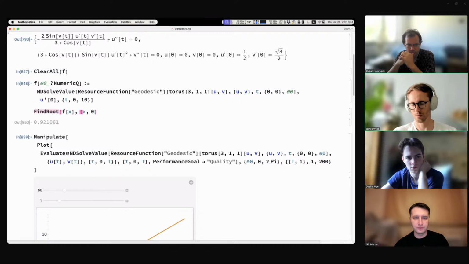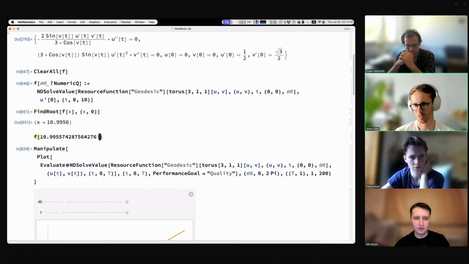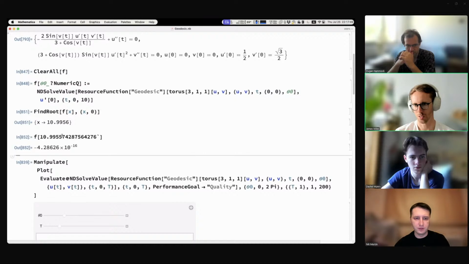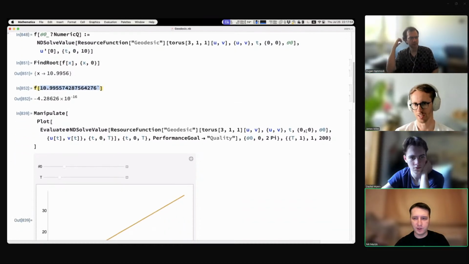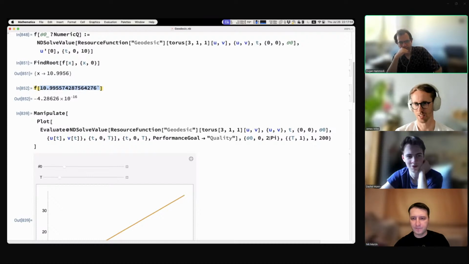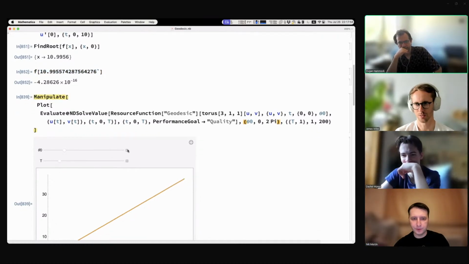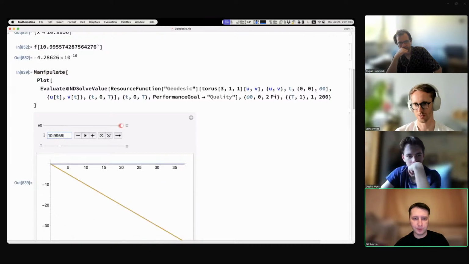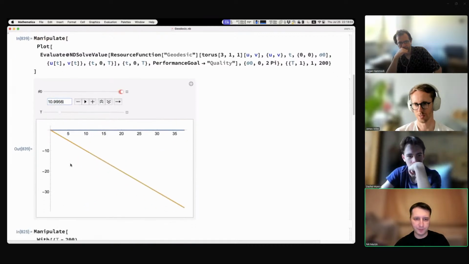Okay, so let's find that number. Let's look at that. What does it look like on the torus? It's such a weird number. Yeah, plug that in for theta. Let me just try it. Just put it here. It's like the moment it becomes